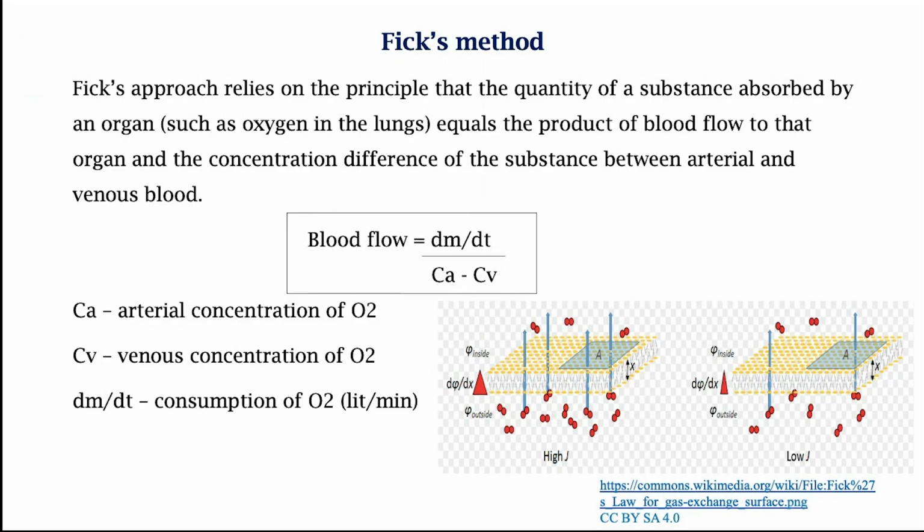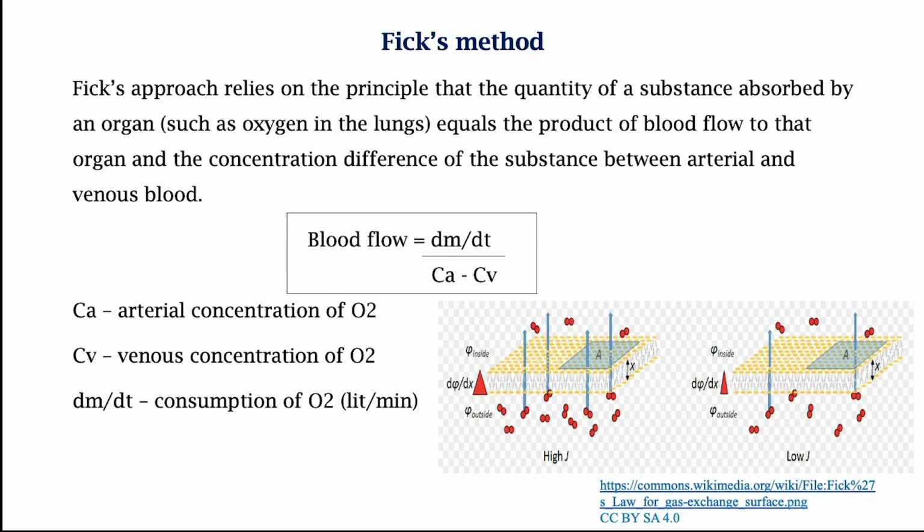Then how much blood will have to flow through the lungs so that you are able to get 250 ml of oxygen? Well, that is essentially the product, right? Because for 1 liter of blood, I'm able to extract about 50 ml of oxygen. So that means to get 250 ml of oxygen per minute, I need to have a flow of about 5